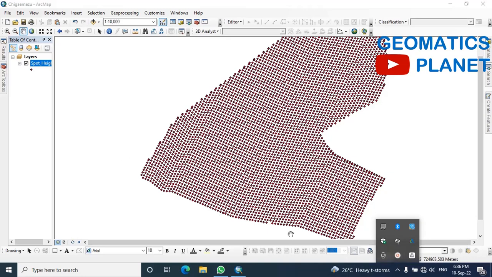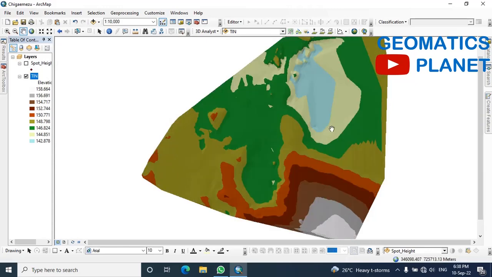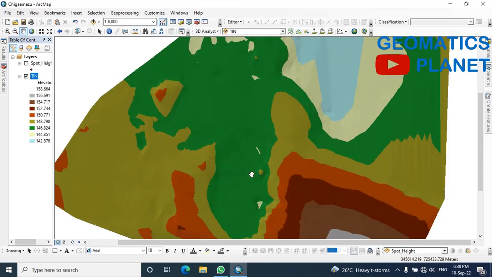So when you click OK, you wait for the TIN to be created. When it creates the TIN, it will pop up with this kind of result, meaning that the TIN has been created. Now you can see I have my spot height and I have the TIN now, and this is my TIN, which you can zoom to see the way it is. But now what is necessary is for us to create